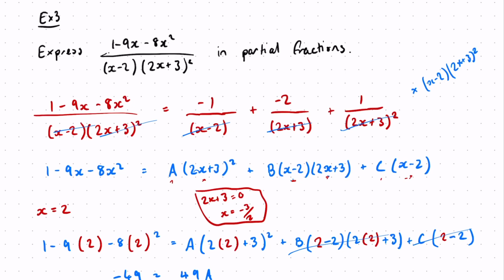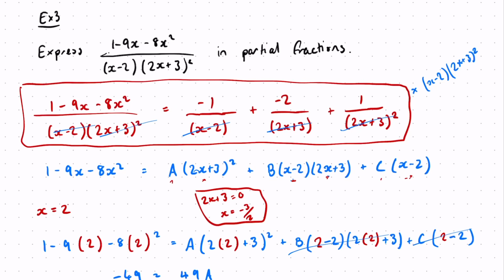So my final solution should be that, but without obviously the blue lines crossing out the bottom values. Okay, so it's a bit longer than the last two, but it combines those two concepts together, and it's a